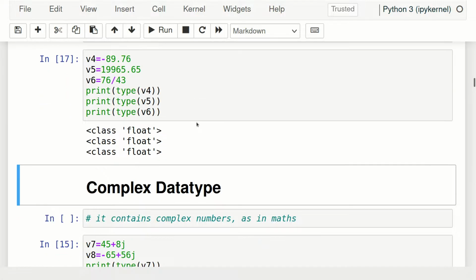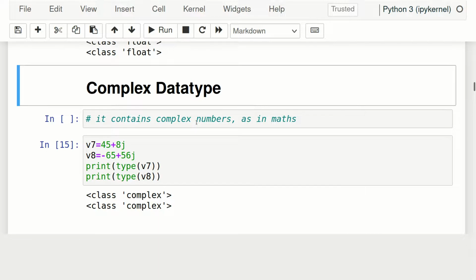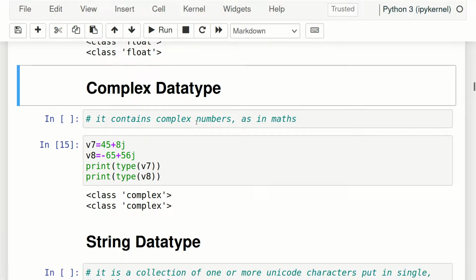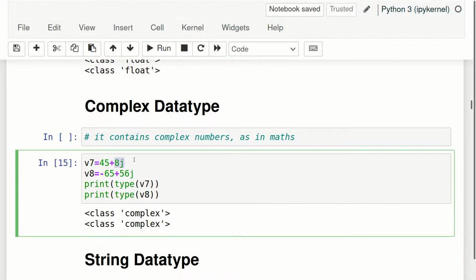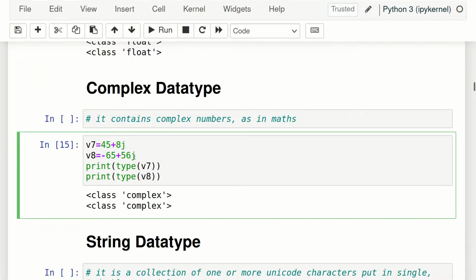That's all. Okay, so moving to the next data type, which is the complex data type. Just like in mathematics, we have used complex numbers, in I think 11th, 12th or high school. The same is here. If you use a complex number, it will be of type complex. A complex number, I think all of you might be aware, has an imaginary part and a real part. I've given these 2 examples of complex data type, and after printing the type we can see all are complex.